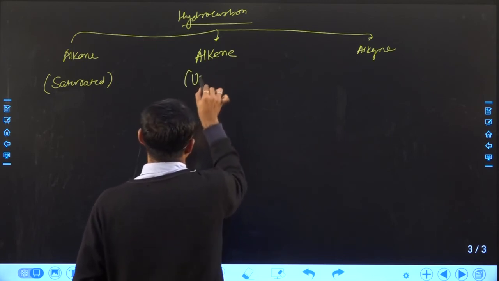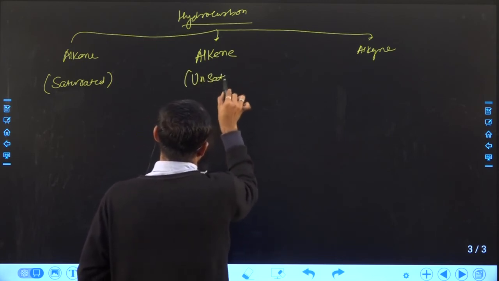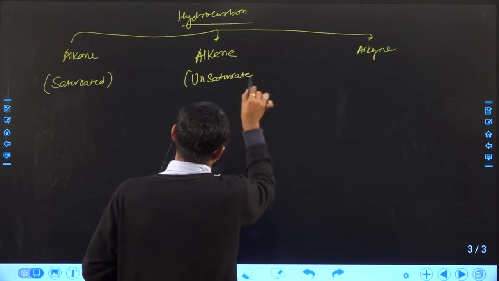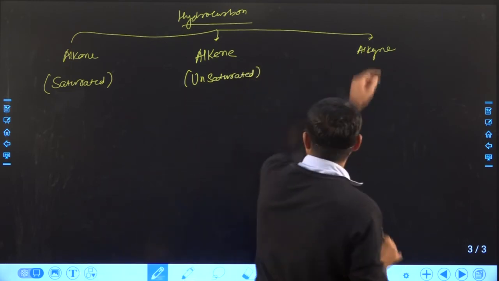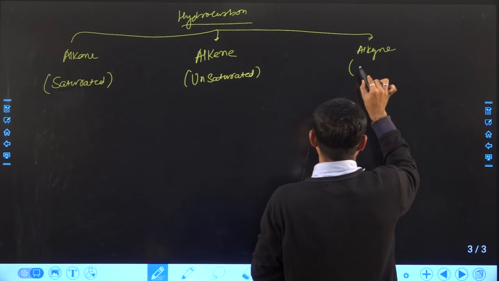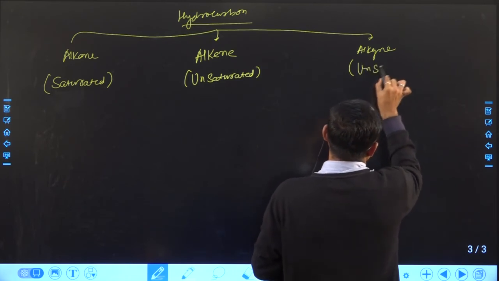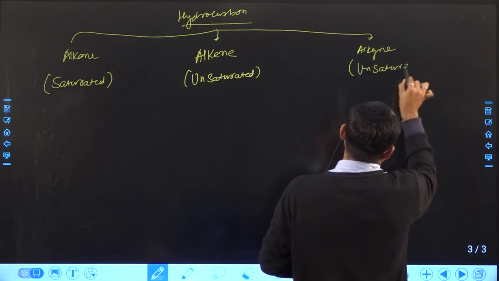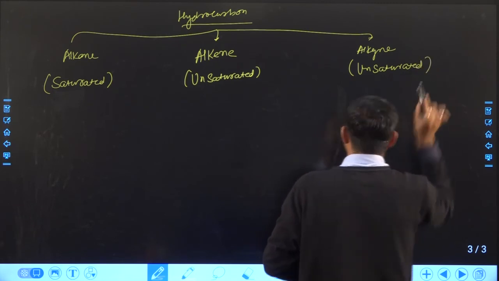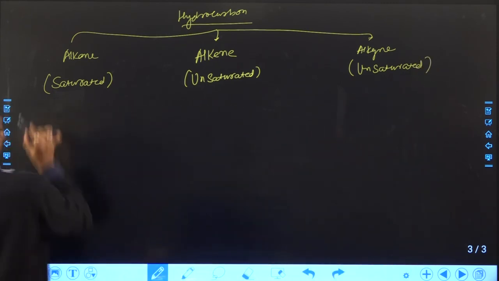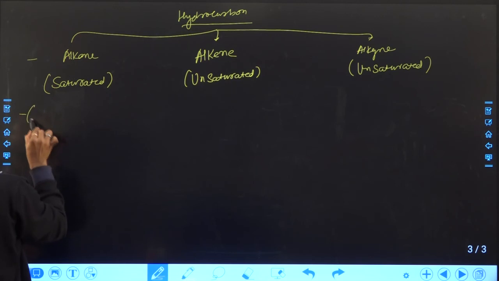But unsaturated. Alkyne is also nothing but unsaturated. Unsaturated means a multiple bond is present. Now the general formula of alkane,